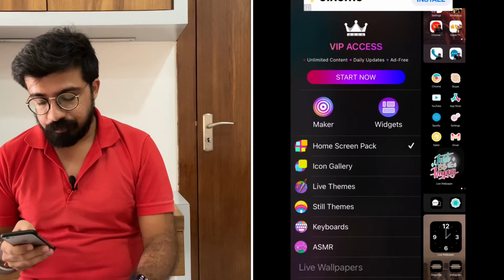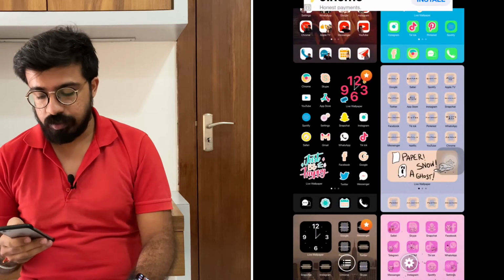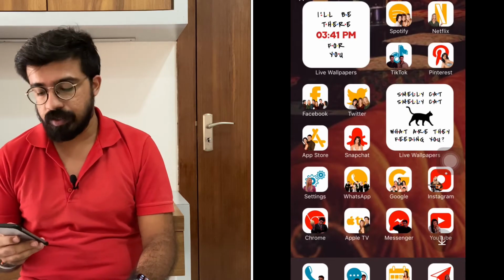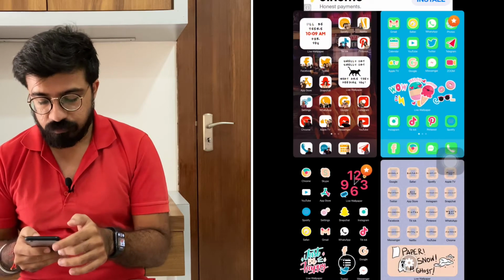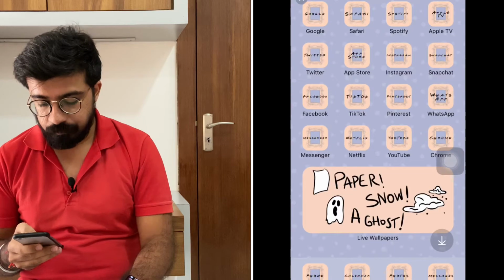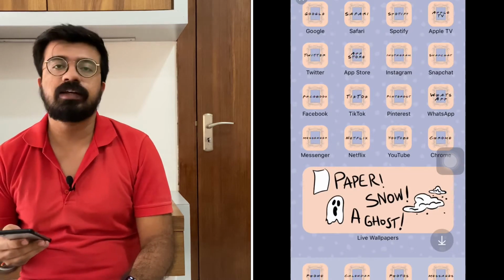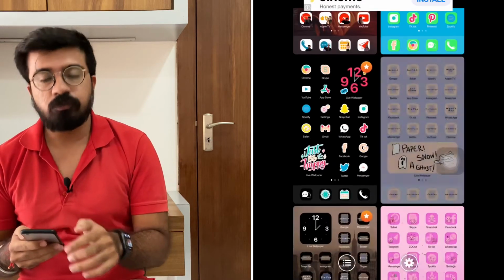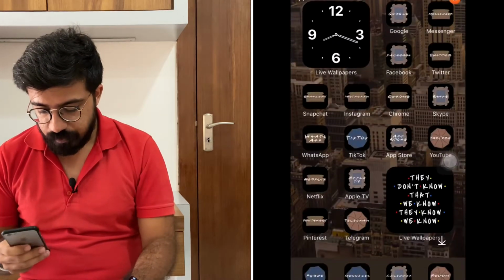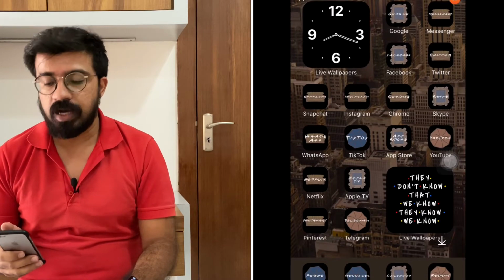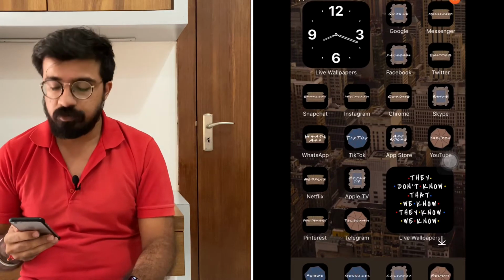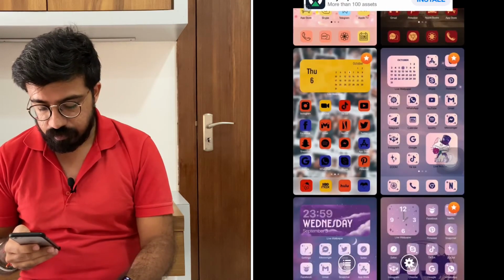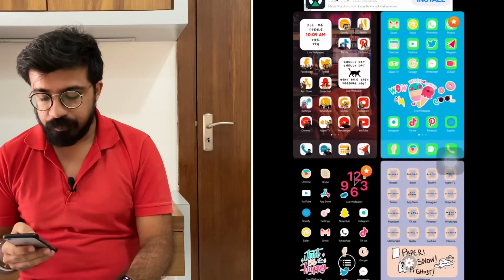As an example, first let's check the home screen packs, and in that the first one here is the Friends theme pack like this, or there are other ones as well. If you don't like that, then there is this light themed pack. It is based on the famous frame from the show, or there is this one also, but it is marked with a star. That means it is a paid version and you have to pay to get this theme. And there are other free ones as well you can select.